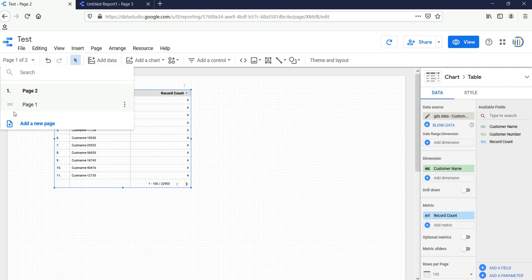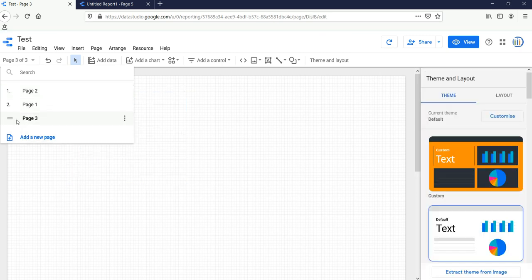Again, if I want to add another page, I can again sort or rearrange this page based on my requirement. So that's how you can add multiple pages, and based on your requirement you can arrange the page either on the top or the bottom of it. So let me know if you guys have any confusion regarding this page creation and arranging of the pages.